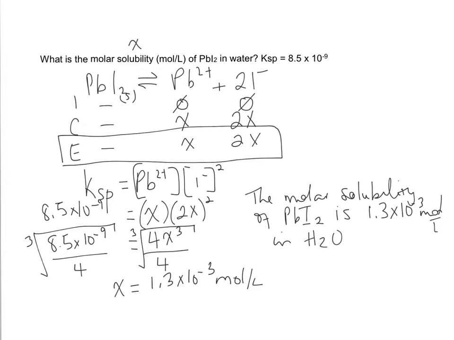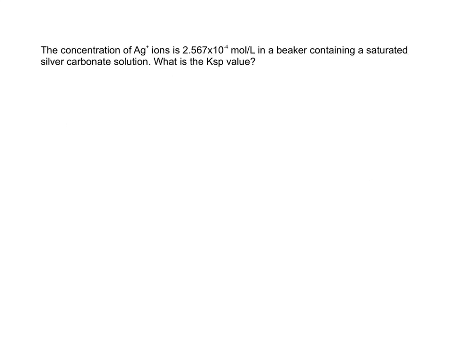Because your Ksp is so small, times 10 to the minus 9 tells us that very little solid actually dissolves to form products, our ions. So it makes sense that our molar solubility, the amount that's present at equilibrium, is actually fairly small. 1.3 times 10 to the negative 3 moles per liter. That's very low solubility. Okay, the concentration of silver ions is 2.567 times 10 to the negative 4 moles per